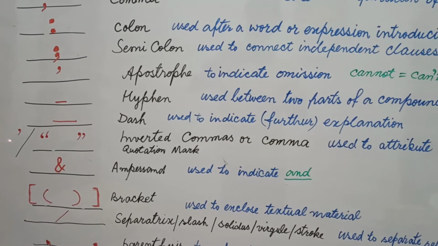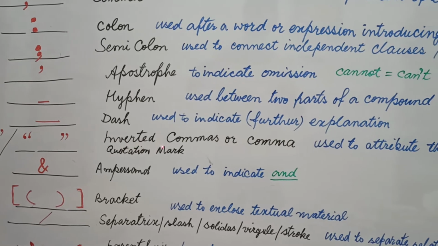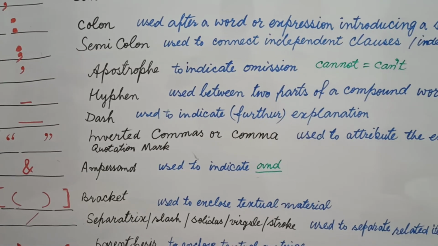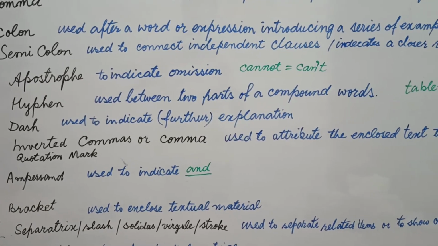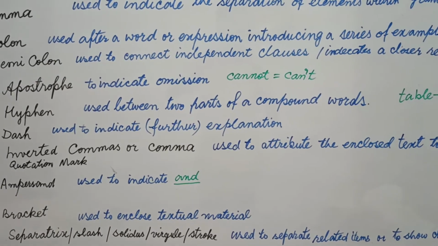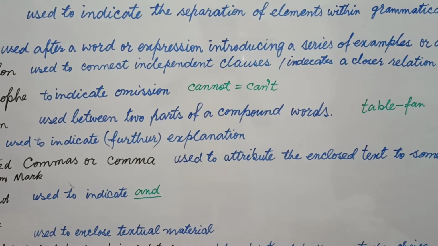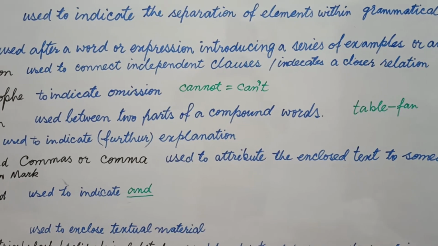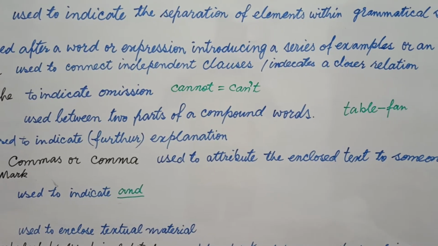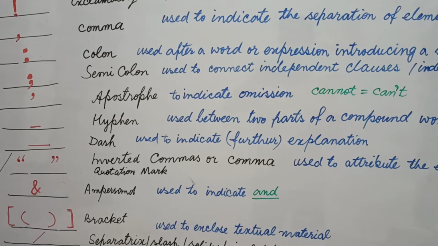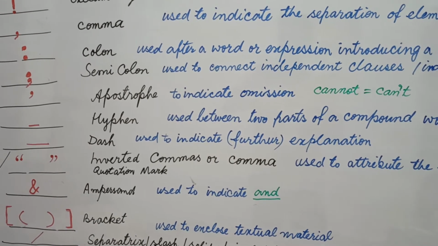Now students, the quotation mark, you can say inverted commas. This is called a quotation mark. Students, have you ever observed direct and indirect narration? Suppose you say Joseph said to Philip, inverted commas begin, where are you going, question mark, commas close. Then we use these commas. These are, students, quotation marks.